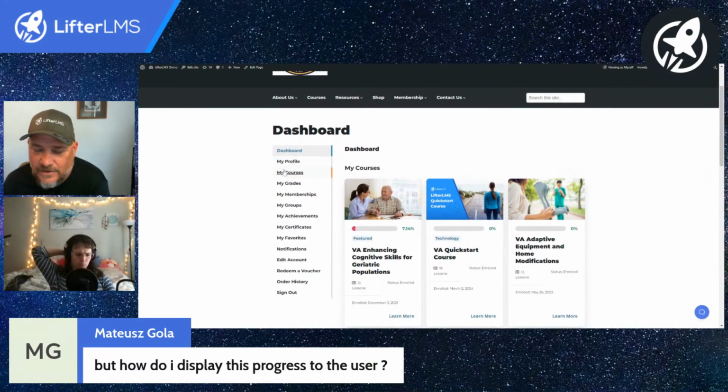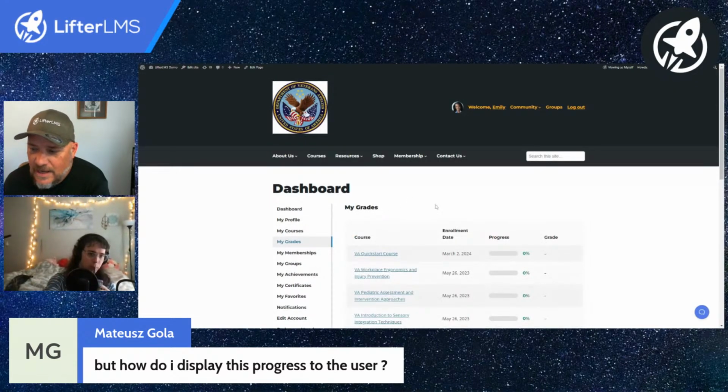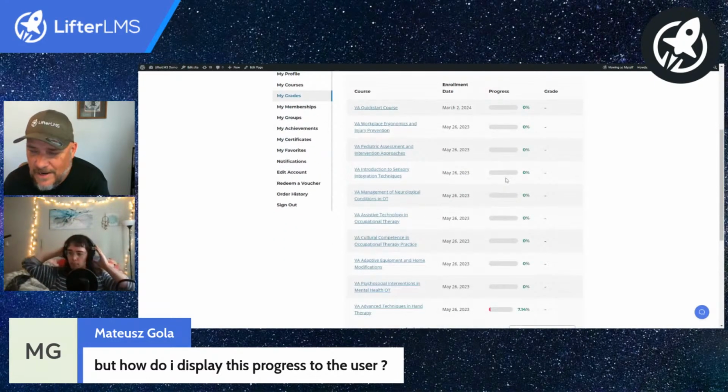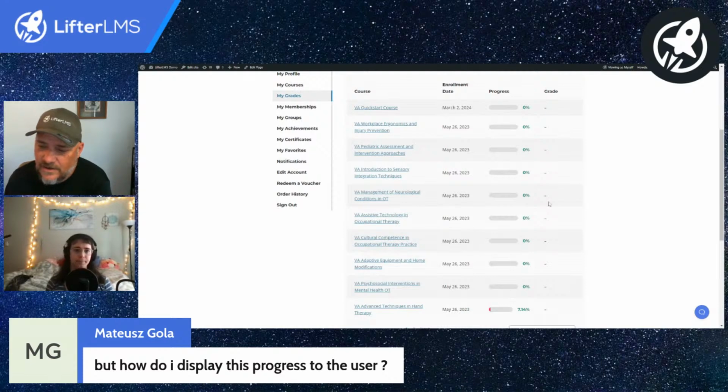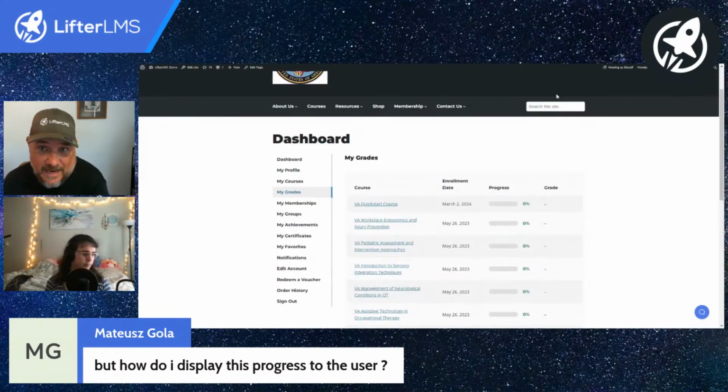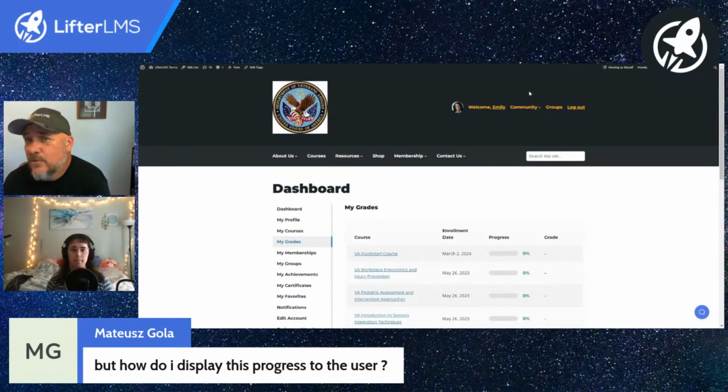And right here, you're going to be able to see my profile, my courses, my grades, my memberships, my groups. When the user clicks on any of those, they're going to go right to a list of their courses, and it's going to show them their progress. And if you've given them anything that contains a grade, you're going to see the grade. That comes straight out of the box with Lifter. The free core LifterLMS plugin gives you that ability.